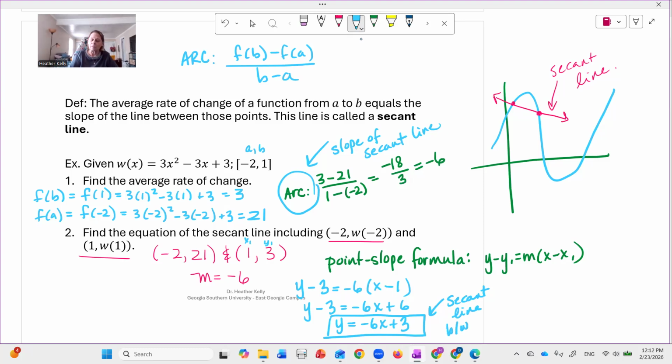Between these 2 points. Now note, if I chose 2 other endpoints on this graph, I would have a completely different thing and the line would be completely different. And you could see that here, right? Like if I chose, say, this point and this point, that line would be different. So it's specifically the secant line between negative 2, 21 and 1, 3